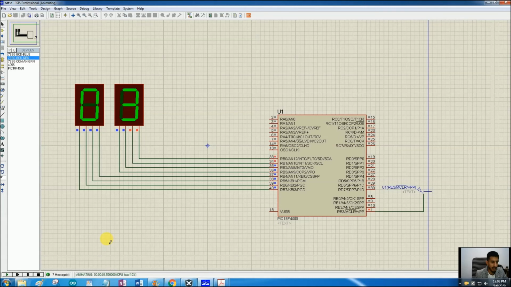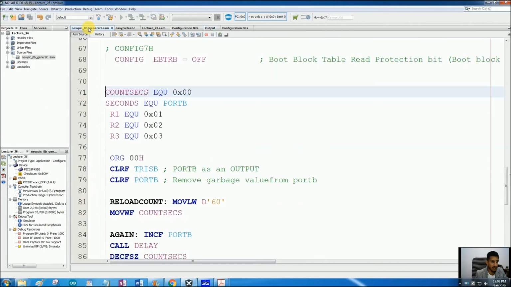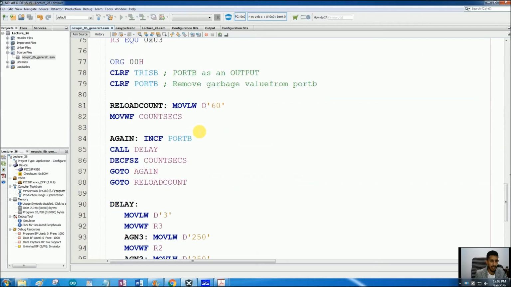Let's see, it is displaying 0, 1, 2, 3, 4, 5, 6, 7, 8, 9 and then it will display A. So it is not showing 0 to 9 only, but it is also showing the hexadecimal numbers. That is not what we need right now. So we have to go back to our code and see where we should use the decimal adjust command to omit the hexadecimal numbers and keep only the binary coded decimal numbers that are from 0 to 9.